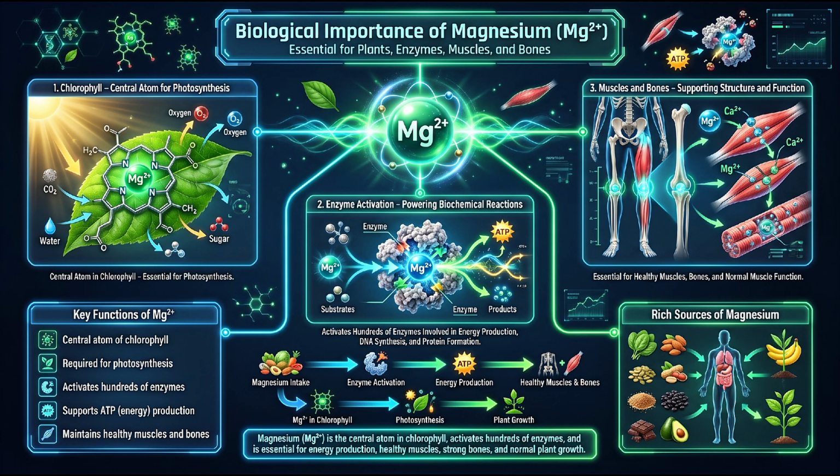The infographic also emphasizes that magnesium is obtained through a balanced diet. Excellent dietary sources of magnesium include spinach, almonds, pumpkin seeds, peanuts, whole grains, beans, dark chocolate, avocados, bananas, green leafy vegetables, legumes, nuts, seeds, and various plant-based foods. Magnesium is absorbed through the digestive system and distributed throughout the body, where it supports numerous physiological processes. Since magnesium cannot be synthesized by the body, regular dietary intake is essential for maintaining normal health.